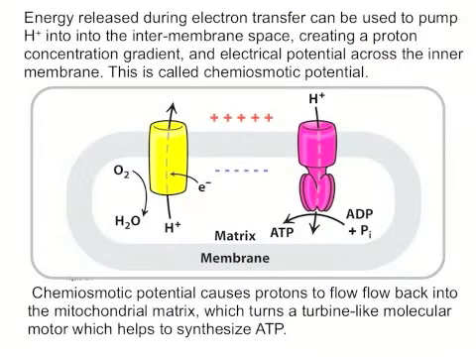The energy that's released during electron transfer can be used to pump protons into the intermembrane space. This creates a proton concentration gradient and also an electrical potential across the inner membrane. This is called a chemiosmotic gradient or chemiosmotic potential. Chemiosmotic potential causes protons to flow back into the mitochondrial matrix, which turns a turbine-like molecular motor, which helps to